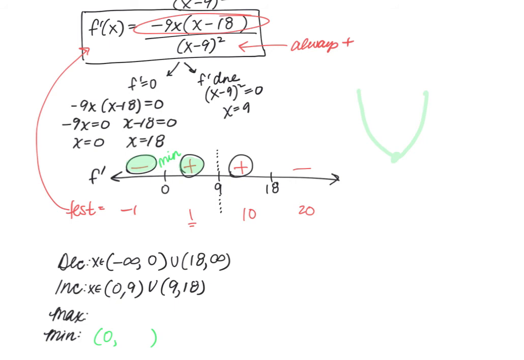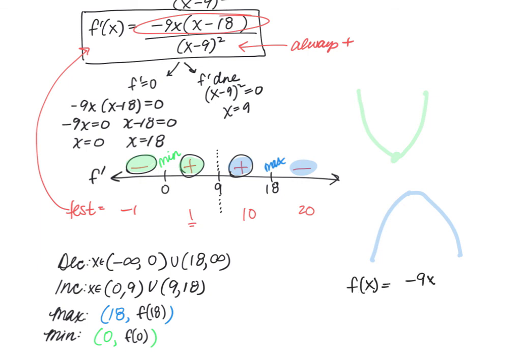And then also looking at the change in sign going from a positive first derivative to a negative first derivative means that the function was increasing and then decreasing, which meant that we had a maximum. So our maximum is going to be at an x value of 18. Once again, we're going to have to take these x values and plug them back into the original function. So I'll just write f(18) and f(0) here as a reminder, because we're going to be finding the y values. So you can use your calculator for that, or if I just grab the original function here,